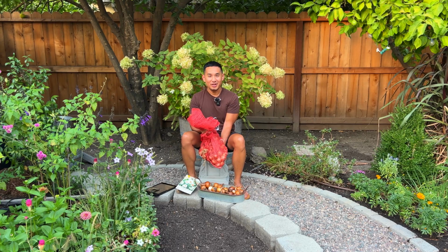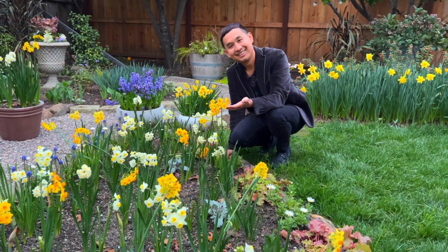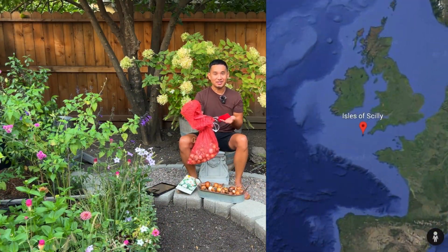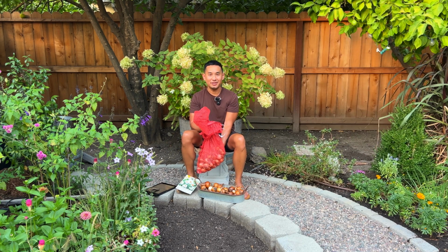This is one of my most favorite times of the year. It is the planting of flower bulbs in the fall for winter and spring blooms. This past winter I planted over 300 Tazetta Daffodil bulbs, and most of them came from the mixture from Colorblends called Scilly Daffs. Scilly Daffs meaning the Isles of Scilly, where they've been cultivating scented narcissi or scented daffodils for